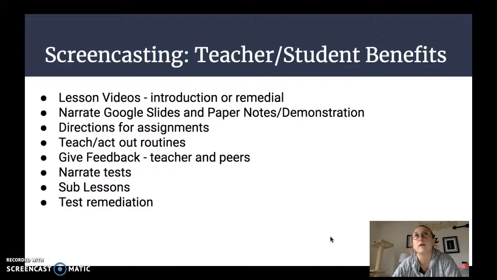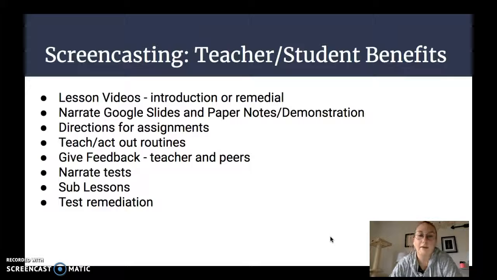You can also have them listen to the video as homework, so when they come into class the next day, they're ready to go, they're ready to learn, they're ready to work on something as opposed to just listening to you talk. And then remedial, if you want to record additional lessons that branch off from that lesson, if you think students are going to be stuck on certain areas, the students who are stuck can go and watch those videos, whereas the students who aren't stuck can move